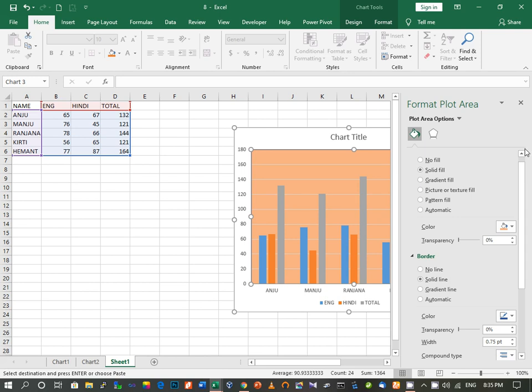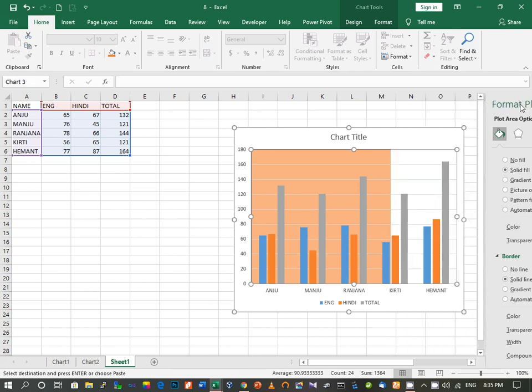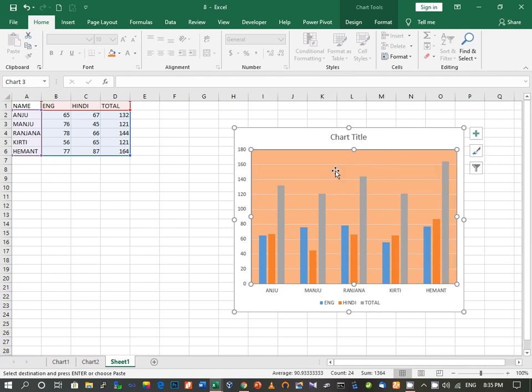Then after doing this, when you close this window, you can see that your chart has changed. Whatever changes you have done, you can see in your chart over here.